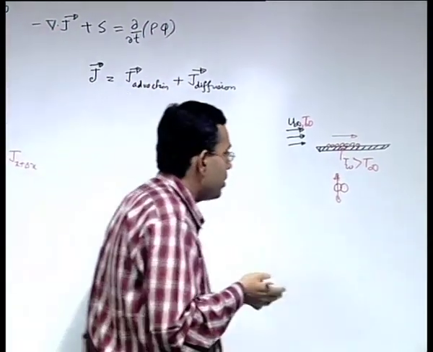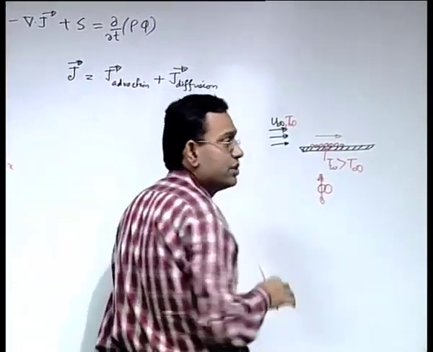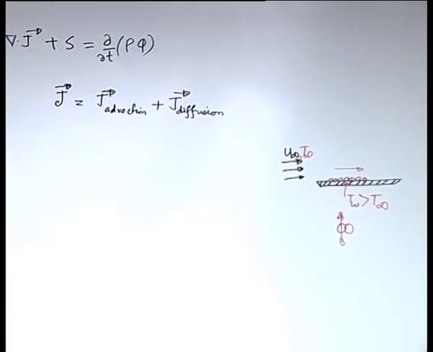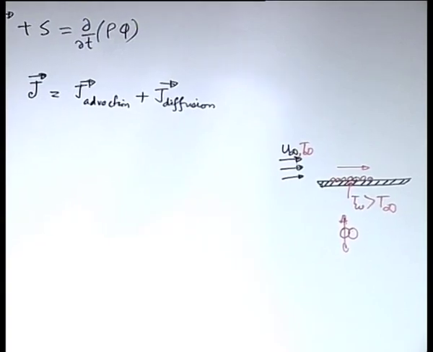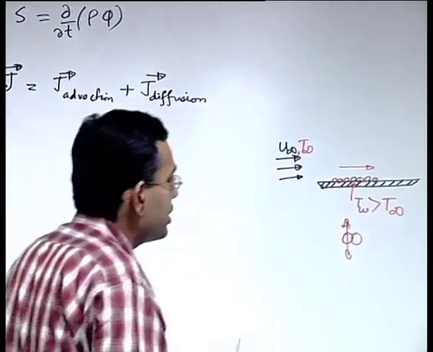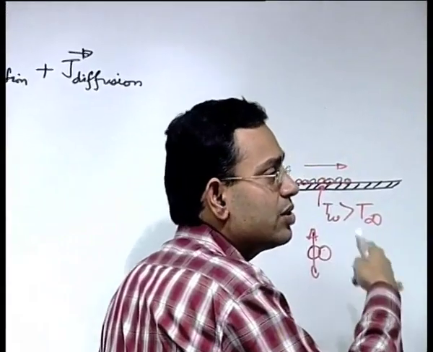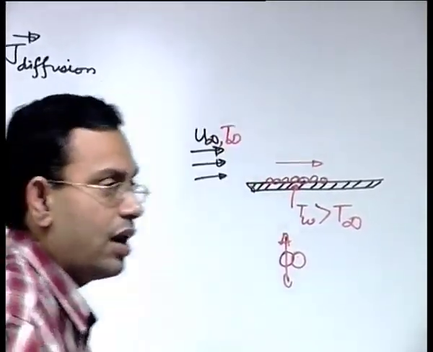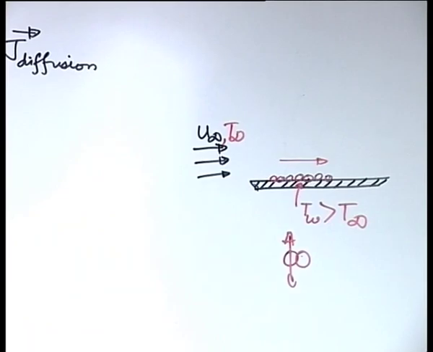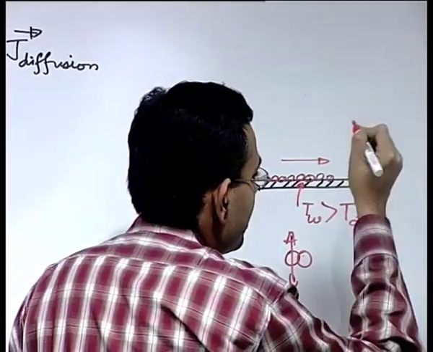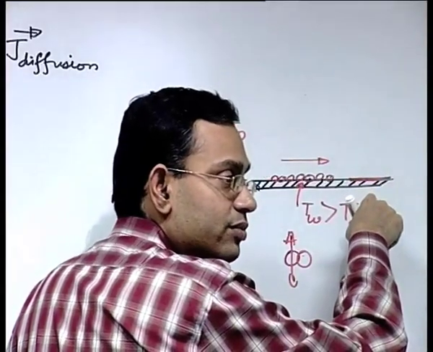That type of transport we call diffusion. So, conduction of heat in a way is also called heat diffusion. If you have diffusion, you can have a diffusion of heat. As an example, you can also have a diffusion of momentum. How can you have diffusion of momentum? Because of the effect of the plate, you have a disturbance in the flow, a disturbance in the